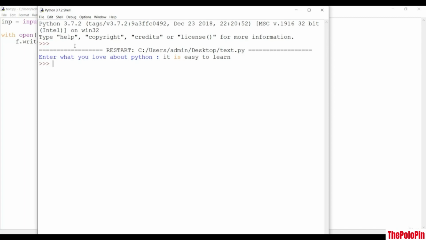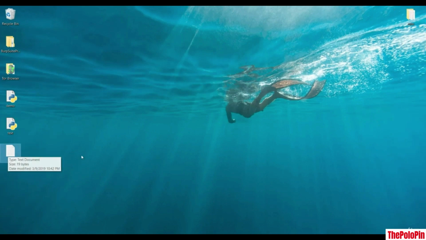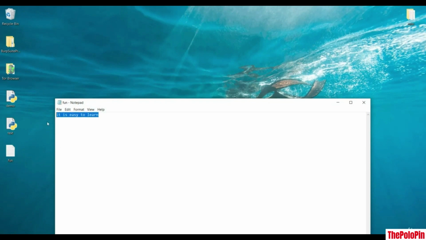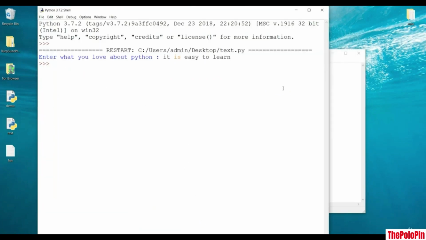So when I just hit enter, I think it should create us a text file, and you can see here it is saying fun. Let me open this, and it is giving us "it is easy to learn." Okay, so we have written to that file. Let's go back to our IDLE, and now